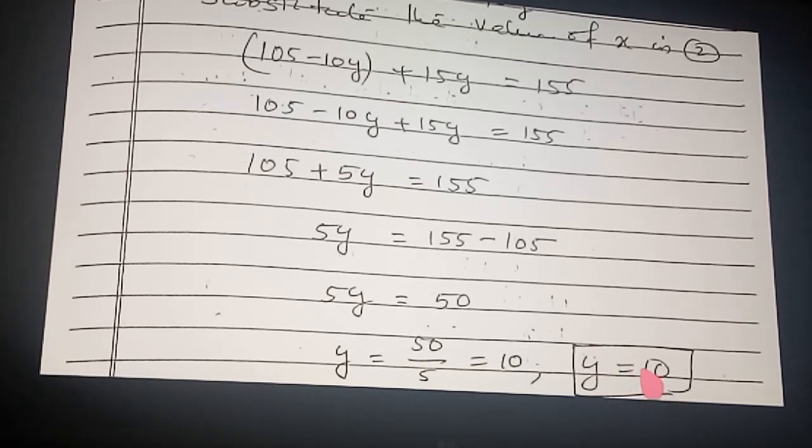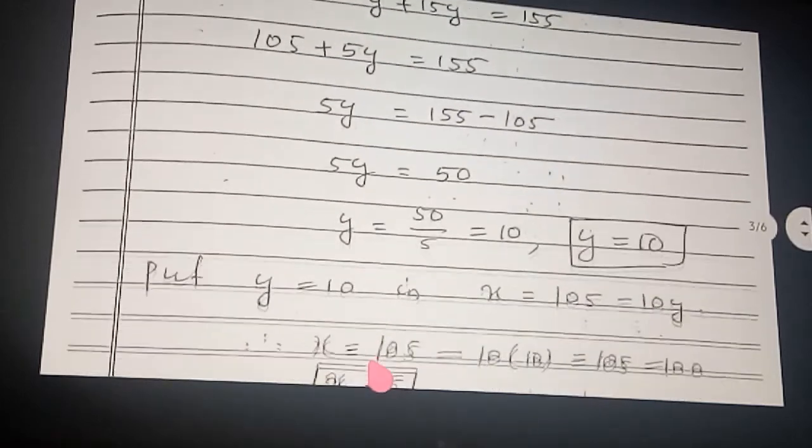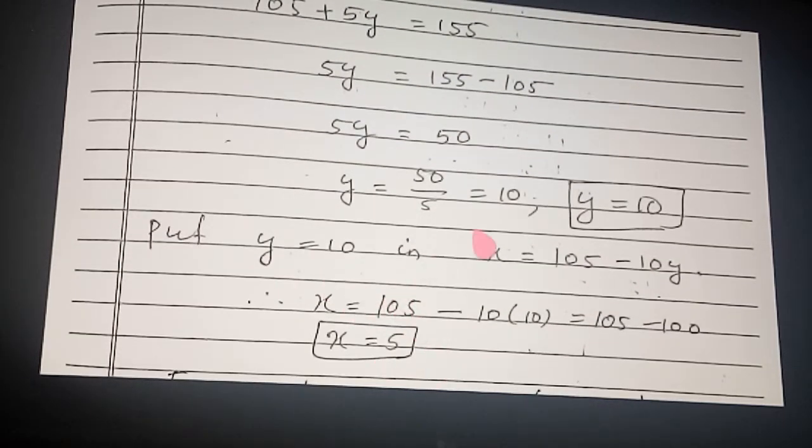Okay. Clear now? Do along with me. You can do it without seeing very clearly, because we have done many sums now. So for y you got the value, now find out the value of x. Put the value of y is equal to 10 in the derived form, x is equal to 105 minus 10y. Therefore x is equal to 105 minus, in the place of y you apply the value of y. So how much did you get? 5. x is equal to 5.